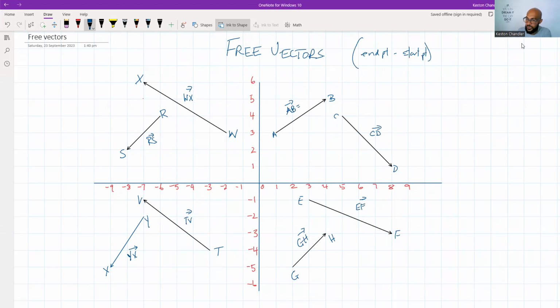Right? So let's look at AB. A, B, my end point is going to be B. And my starting point